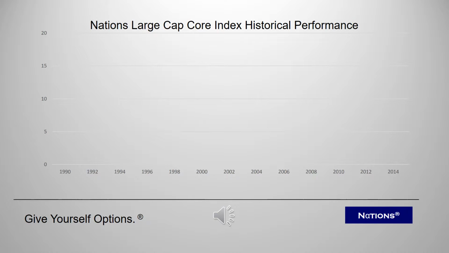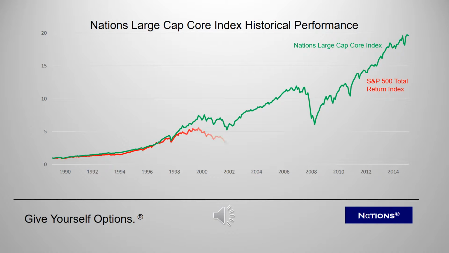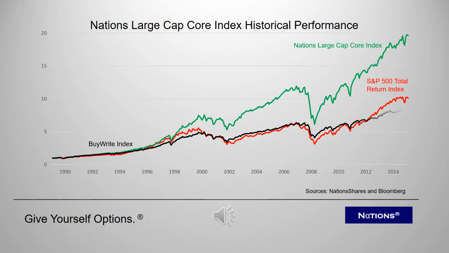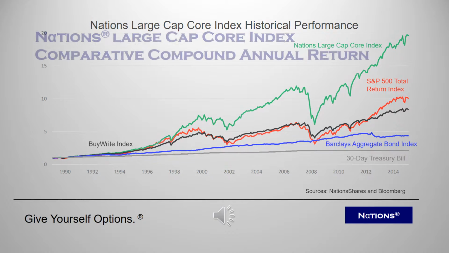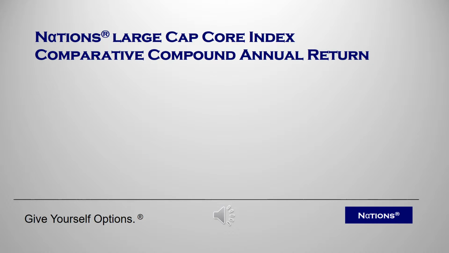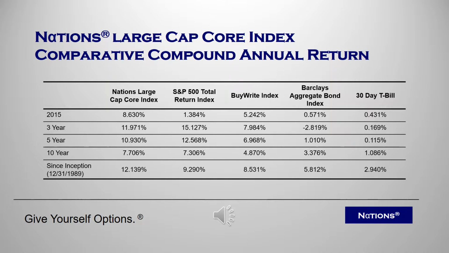The nation's large cap core index has outperformed the other major equity indexes and asset classes since its initiation in 1989. Outperformance of other indexes and asset classes is precisely the reason we created the nation's large cap core index. Since 1989, our index has outperformed the S&P Total Return Index by 285 basis points annually and has done so